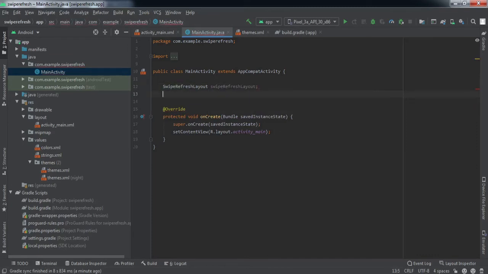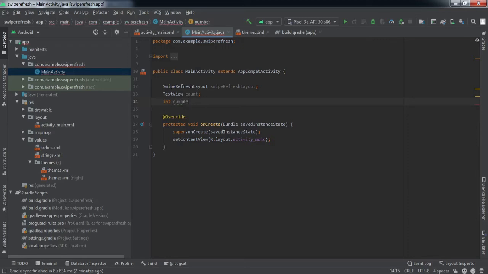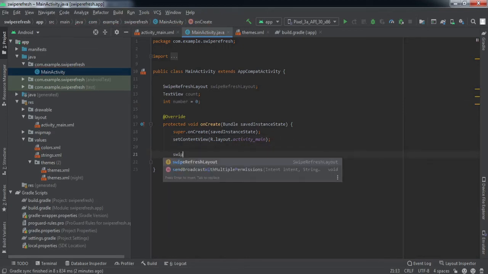We'll name it as swipe refresh layout only, right? Then we're gonna implement this text view. We'll just name it as count, and the int variable, we'll just call it number, and initialize it to 0, right?